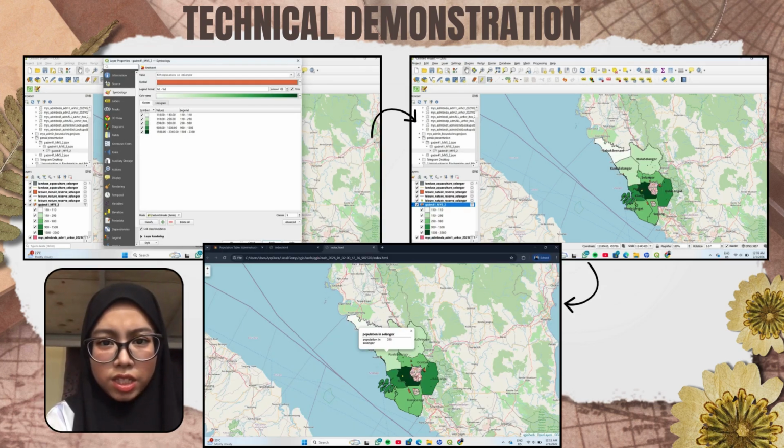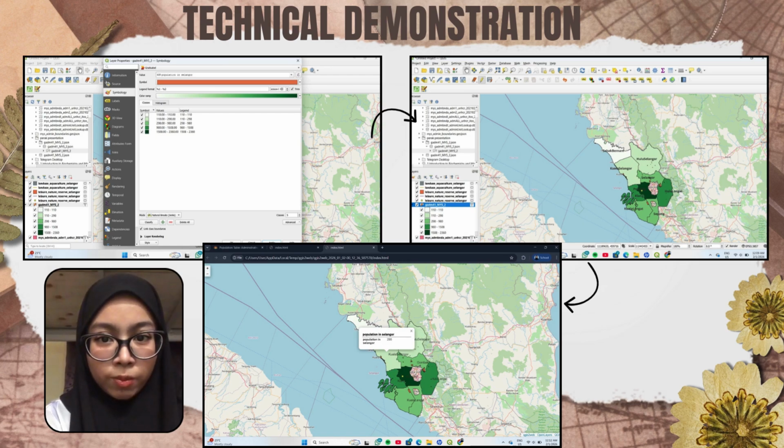In the digital skill section, I'm showing my ability to handle the QGIS lifecycle. I started by managing complete spatial layers and ensuring data accuracy. Then, I applied professional symbology to make the data readable. Beyond just visuals, I performed spatial analysis to extract real insight. Finally, I demonstrated how to publish this data into an interactive web interface, making the analysis accessible to anyone with